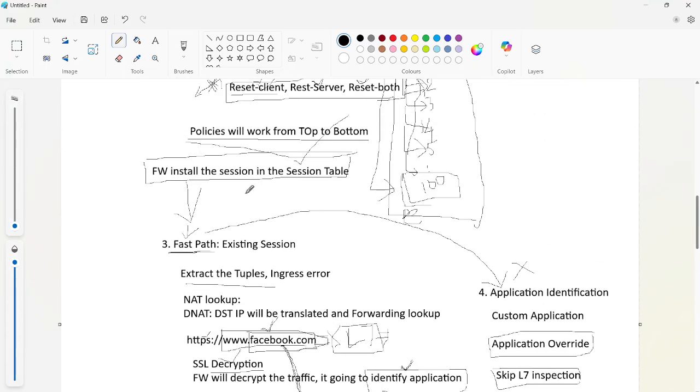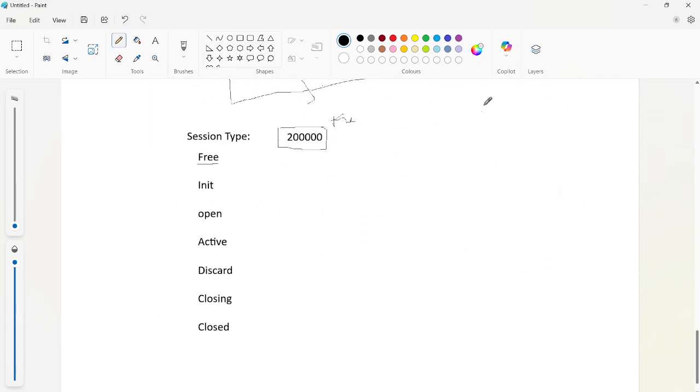Whenever the firewall receives the first packet, or receives traffic, from the free bucket one of the sessions will be allocated, and it will be moving from free state to init state.